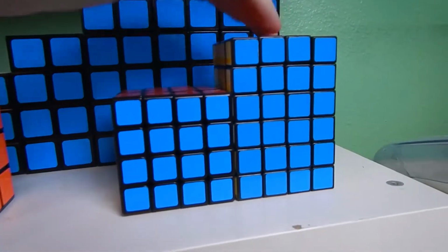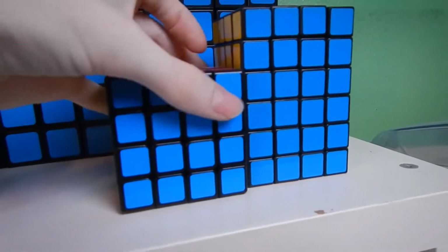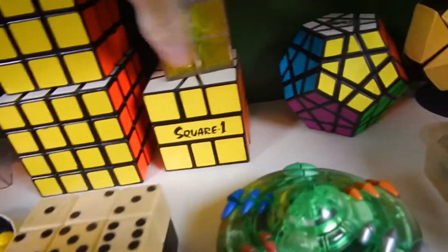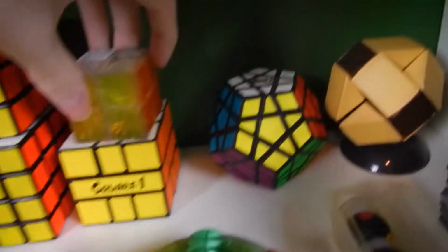Then 4x4s, Calvin 4x4x6, and a Wit Eden 4x4. Okay, moving on. We'll come down here to the older cubes. My first Rubik's Cube in the front, each of my parents' first Rubik's Cubes in the back, 1980s 3x3, 4x4, Square-1, it's cool, Rubik's brand Ice 2x2, old Megaminx, very stiff out of the box, old Rubik's Snake, a